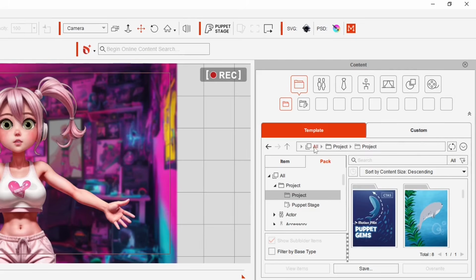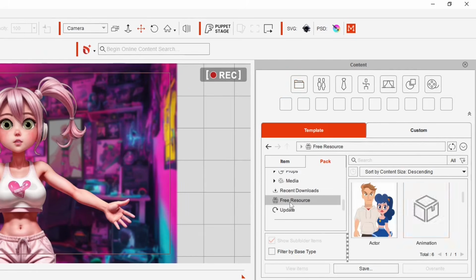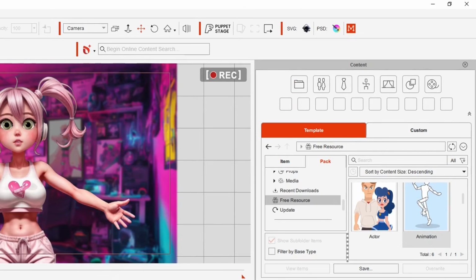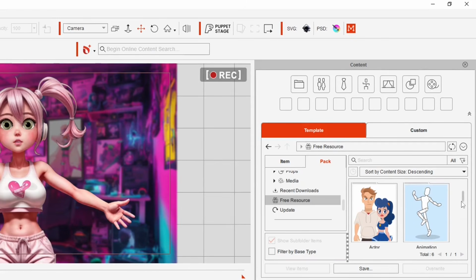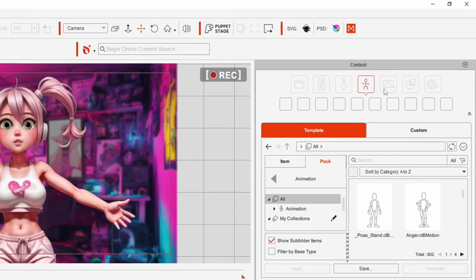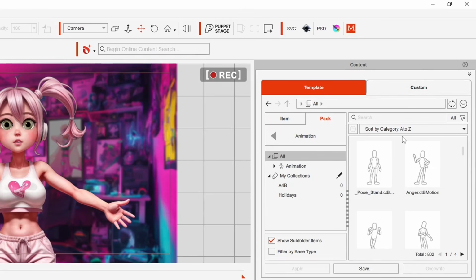You can see under the templates pack tab, we scroll down here, free resource. You can see we've got some free packs in here. This pack has all of the animation clips in it that are free that come with Cartoon Animator. I'm going to stick with that, but I'm going to double click into this one, and I'm going to minimize this top part up here by clicking this little arrow